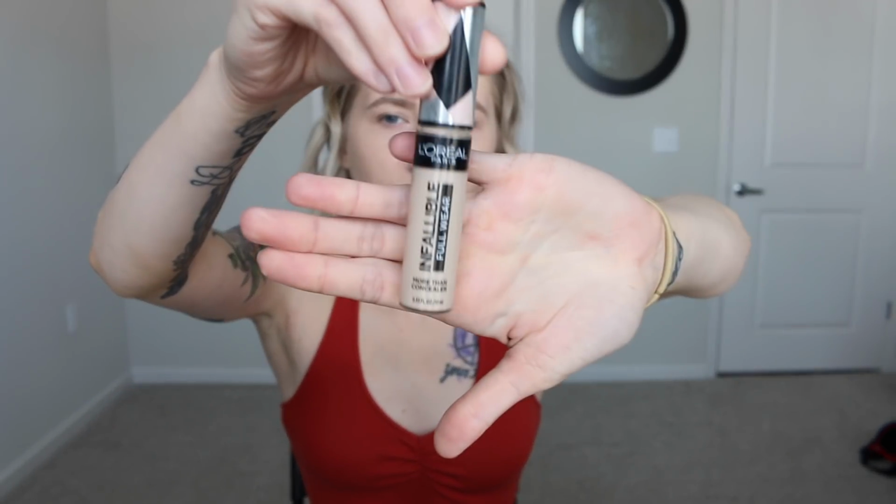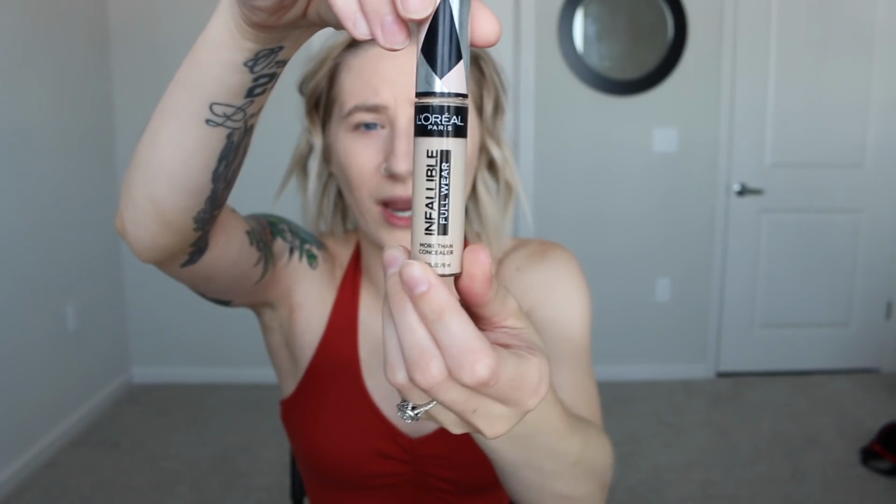Okay, so that is just the base. I actually really love the CC cream. It is just really nice. It feels great on my skin. I don't feel like I'm wearing a ton of makeup, especially in the Florida heat. It does not melt off, which is nice. And it also has SPF 50 in it. And that's just absolutely amazing, because you want to protect your skin. So I just bring it down to my neck. When I'm done with my foundation, that's when I'm gonna move into my under eye concealer stuff. The L'Oreal Professionals Infallible Full Wear Concealer, and this works just as well as Shape Tape, and I think it's